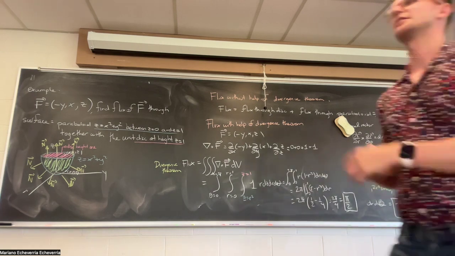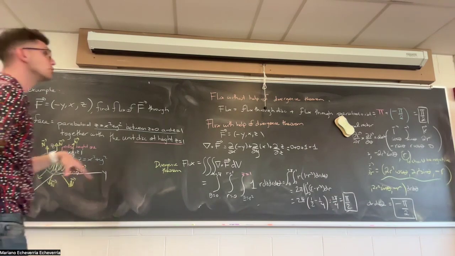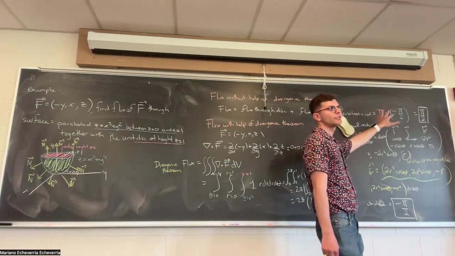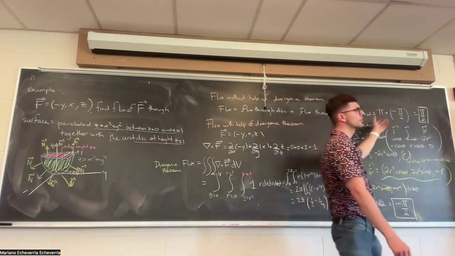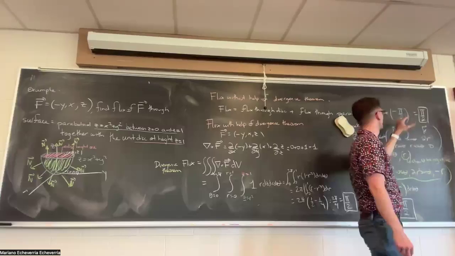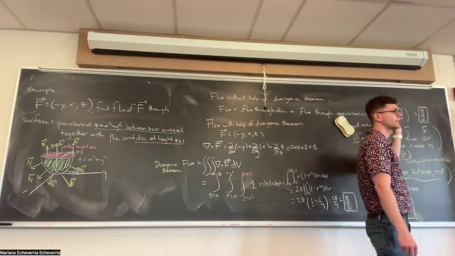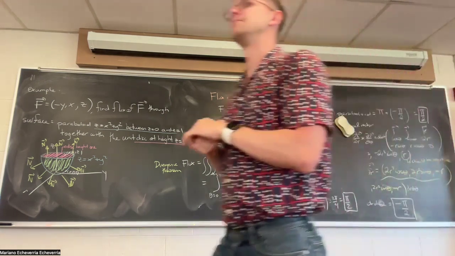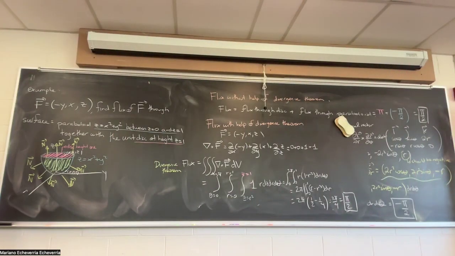The trade-off is that by using the divergence theorem, you really only get the total flux. So you cannot isolate the pieces. From this pi over 2, we don't know what the individual contributions to the flux are. We don't know that there was pi coming from one of the pieces of the surface and negative pi over 2 coming from the other one. But if you only care about the net flux, which in many situations you do, then that's all you need to know. Is that making sense? Questions about this?